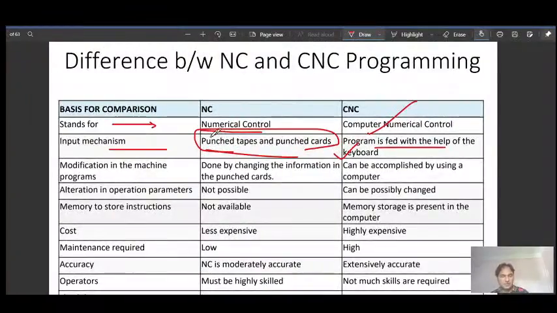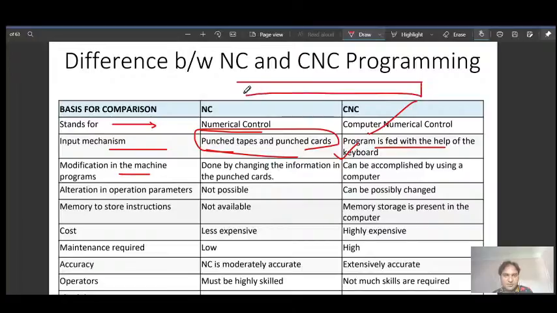Then modification in the machine program. Once the program is entered, as we have the punch card, once this program is entered inside a machine, when the machine is running, we cannot change the program. But to modify any program, as you have seen, we have some sections.